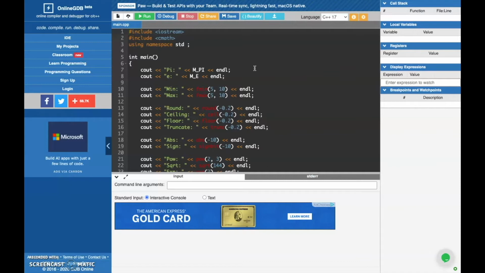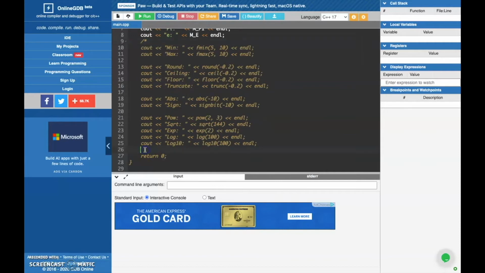For this demo, I have collected a couple of more examples from mathematical functions of CMath library, and we're going to get familiar with a couple of useful mathematical functions and see how they work. So I'm going to comment these lines in order to